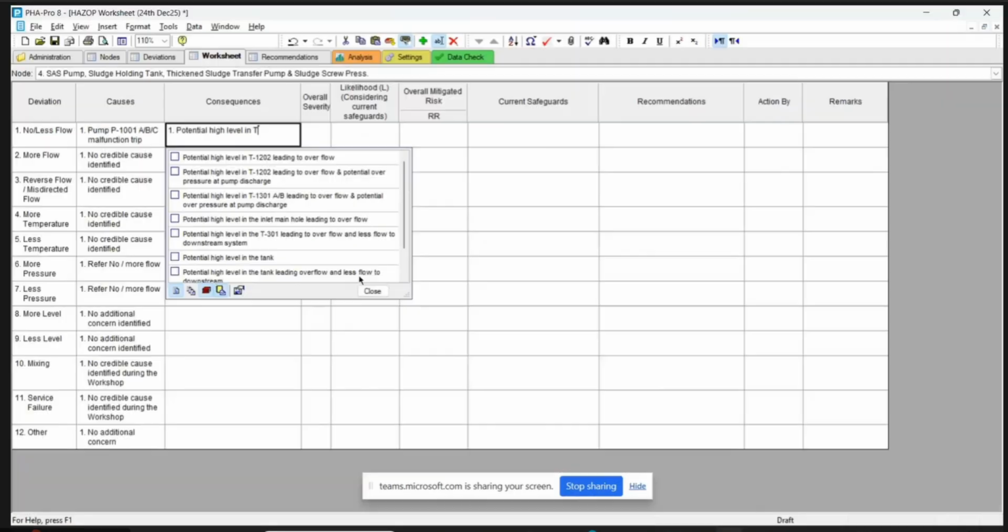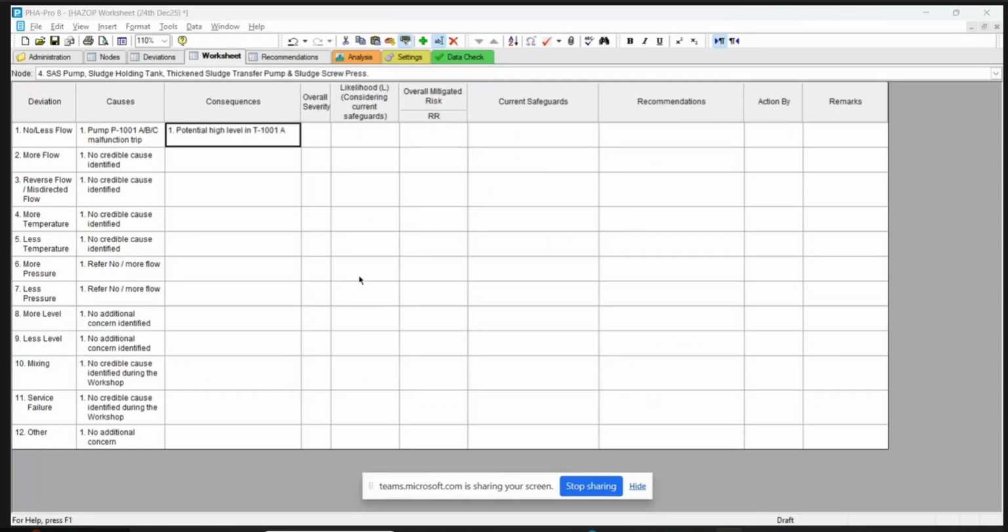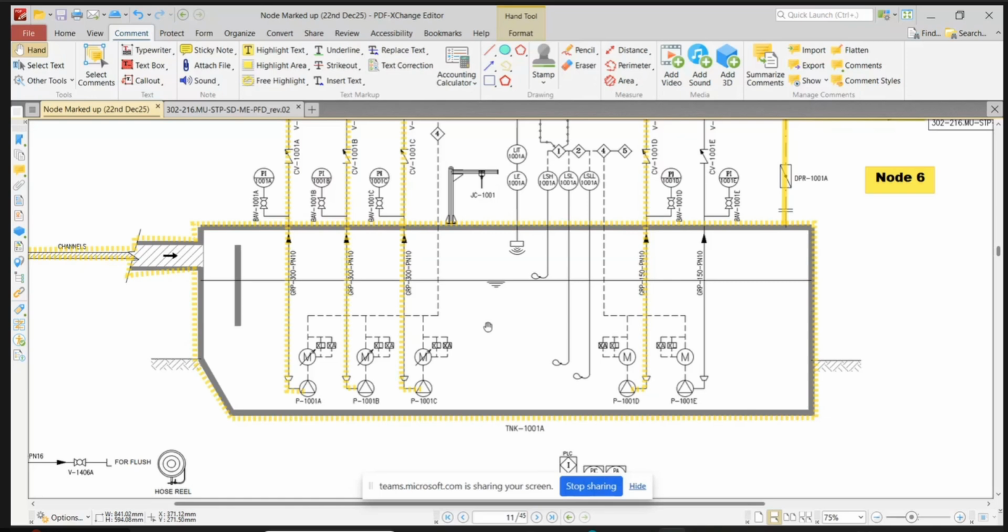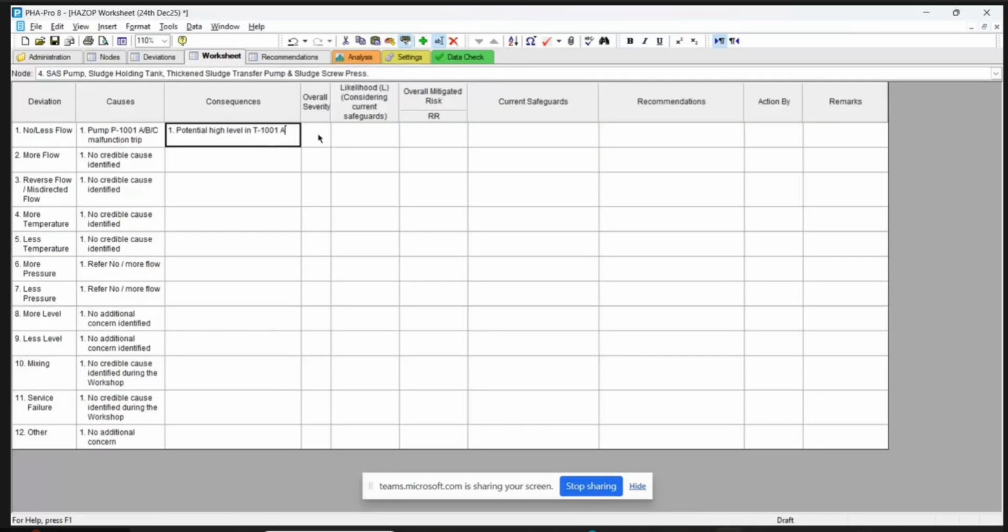Because this pump is continuously operating these pumps. Yeah. See, we're saying that if a pump is not running and you are getting water by gravity, the high level will come. Yeah. But we say standby pump is there. Level and no flow and no less flow to downstream. So 3, see, you have